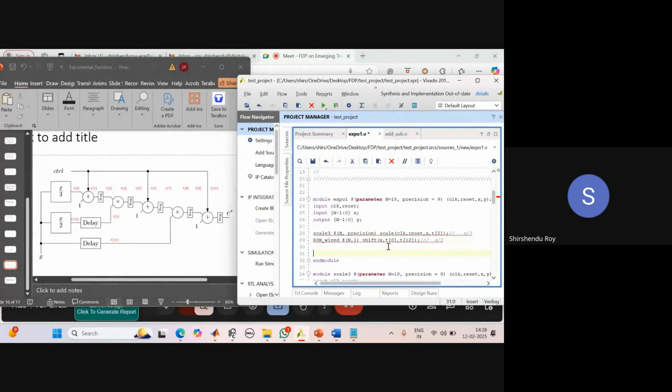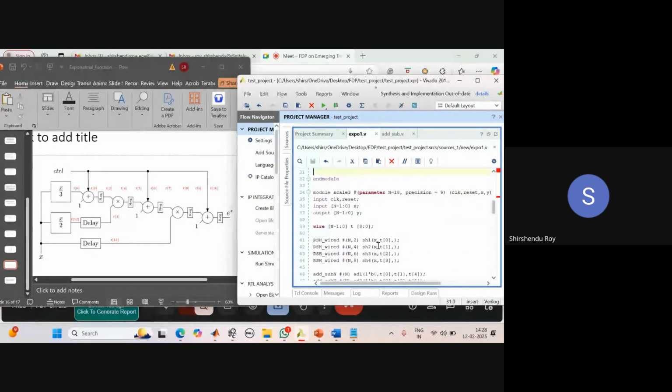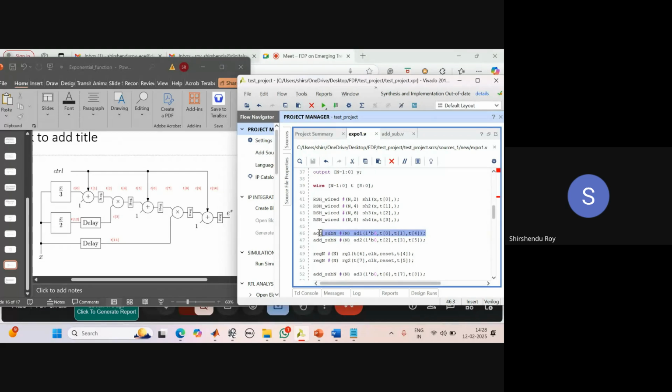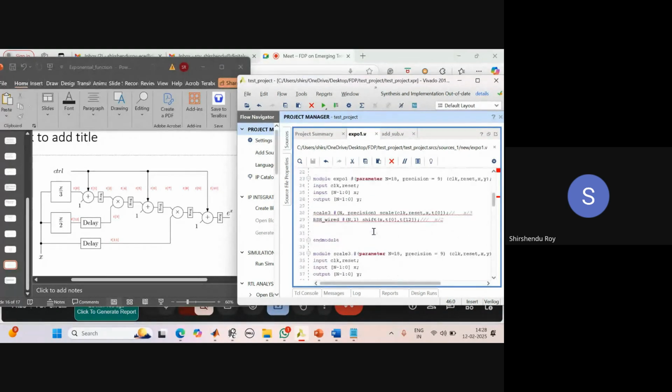Okay. Now what block do I need? I need one block that is called adder. So I'll call this adder block here, adder block AD1. Here select, I'll type it as a select. What is the input? T0 and 1. Okay. So 1 plus T0. So I write it here tick